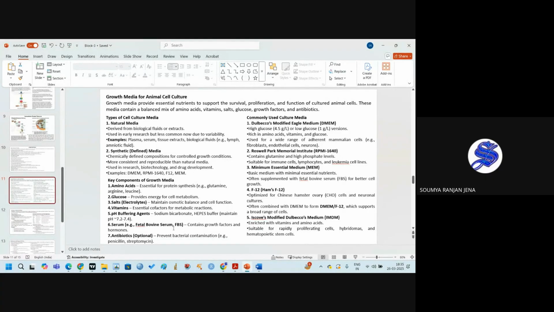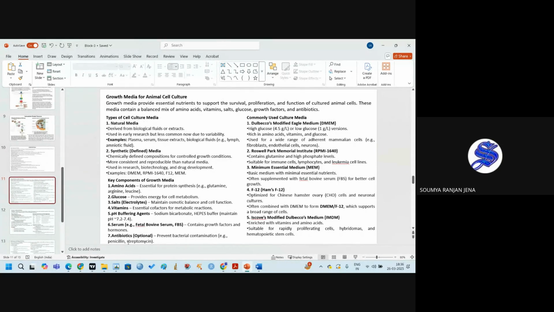And the pH buffering agent, sodium bicarbonate, is required because a bicarbonate buffer system is needed. Our blood is a bicarbonate buffer system, so we use sodium bicarbonate. And serum, that is fetal bovine serum, contains growth factors and hormones. These growth factors and hormones are also required for the growth of the cells, and this hormone will give the signaling